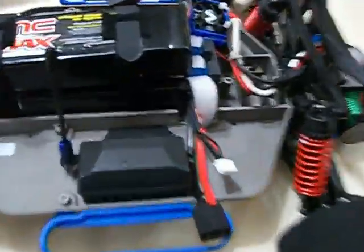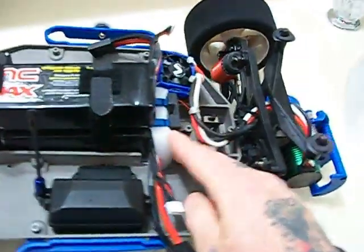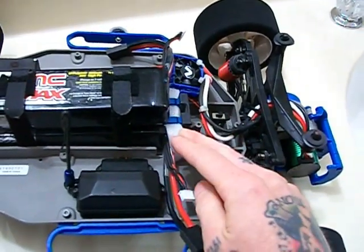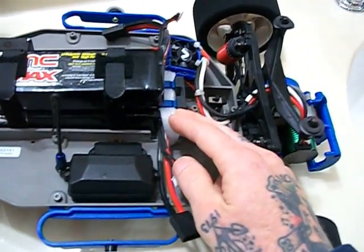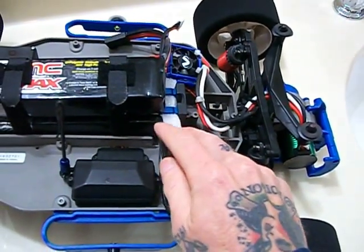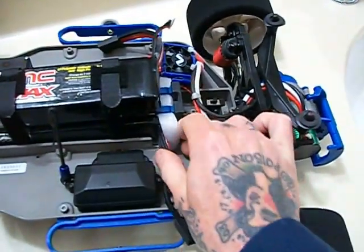Just had to Dremel out this here on the chassis, right in this area, to do my wires. And I gave some extra room and I did the padding there. I love this stuff. This is like regular packing foam that you get when you order RC parts or whatever. I always keep it because I use the hell out of this stuff, and that just keeps a little more protection if I crash